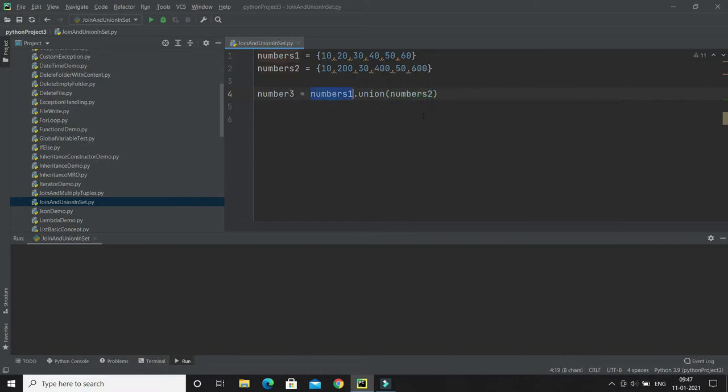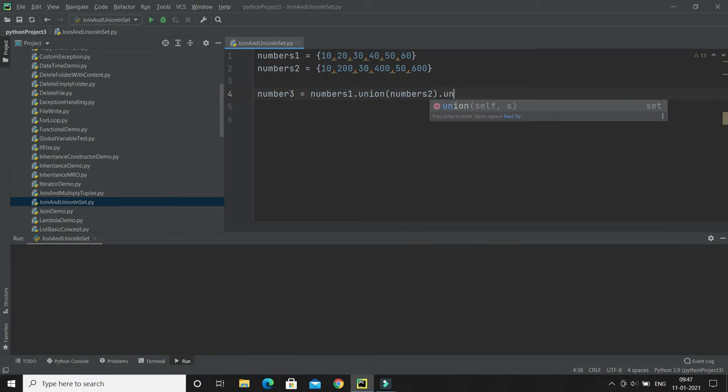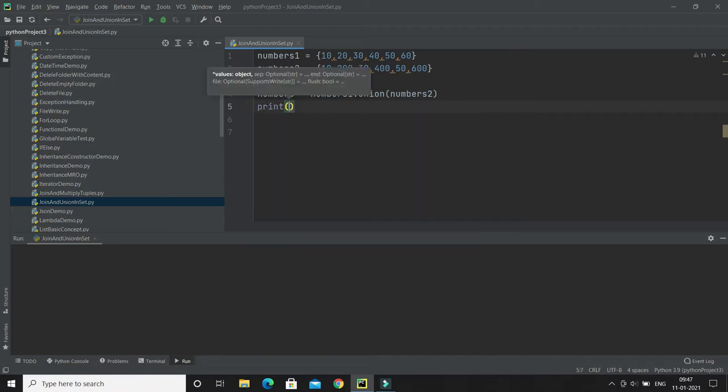That's how you can get the union of the two. If you have more sets, you can call union further, but I'm just performing a union on two sets. Now I'm going to print numbers1, numbers2 and numbers3.